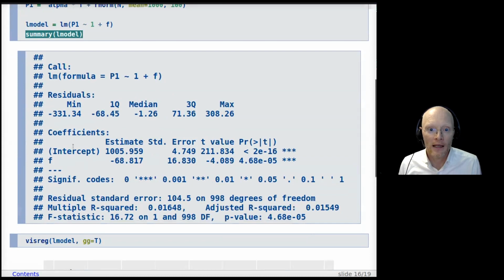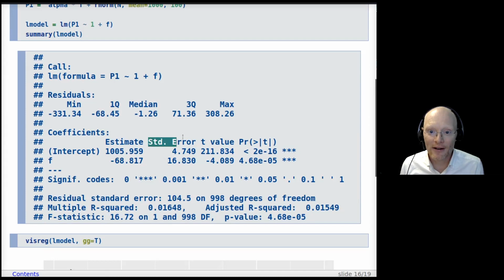So what does this mean? Well, in here, it's showing that its estimate for that intercept value is a little bit more than 1,000, 1,006. And for the slope, which is its estimate of alpha, it's got -67. Now, this is not showing you explicitly a confidence interval. What it's showing you is a standard error,